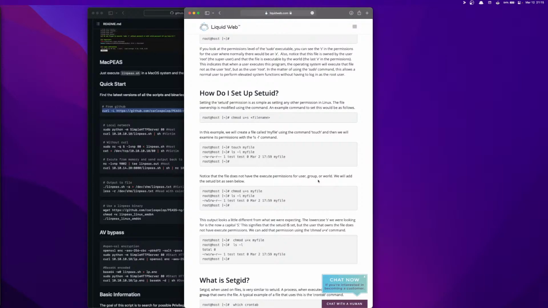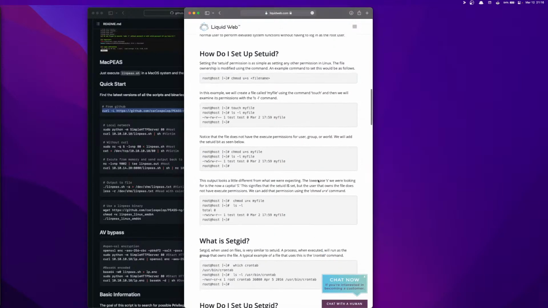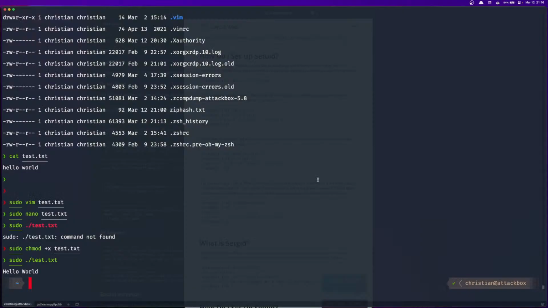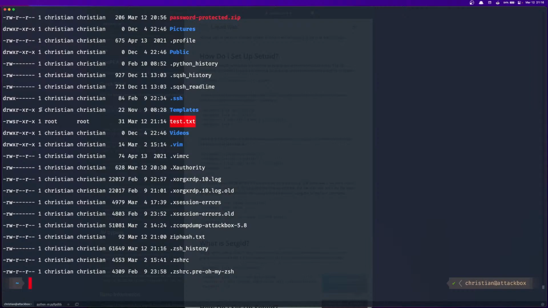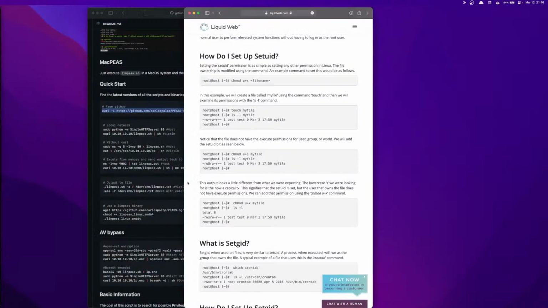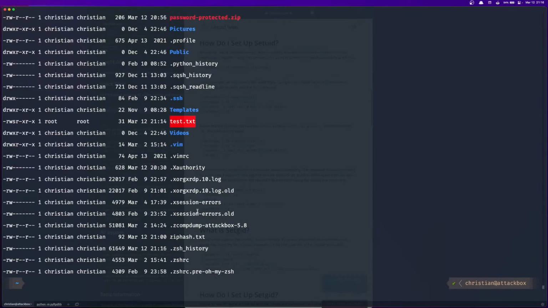We will also need to set the execute, so let's do chmod u+s test.txt. Let's look at this test.txt. Now if we execute this,